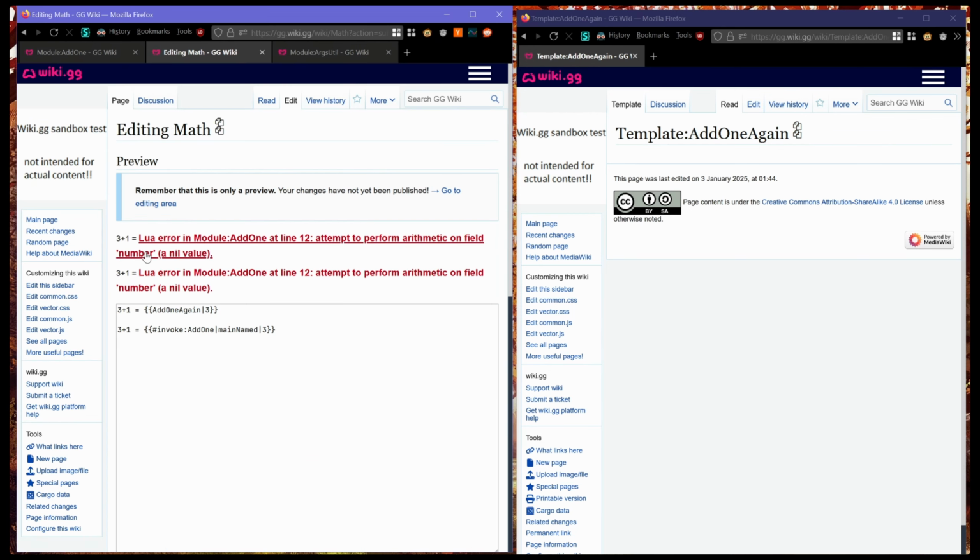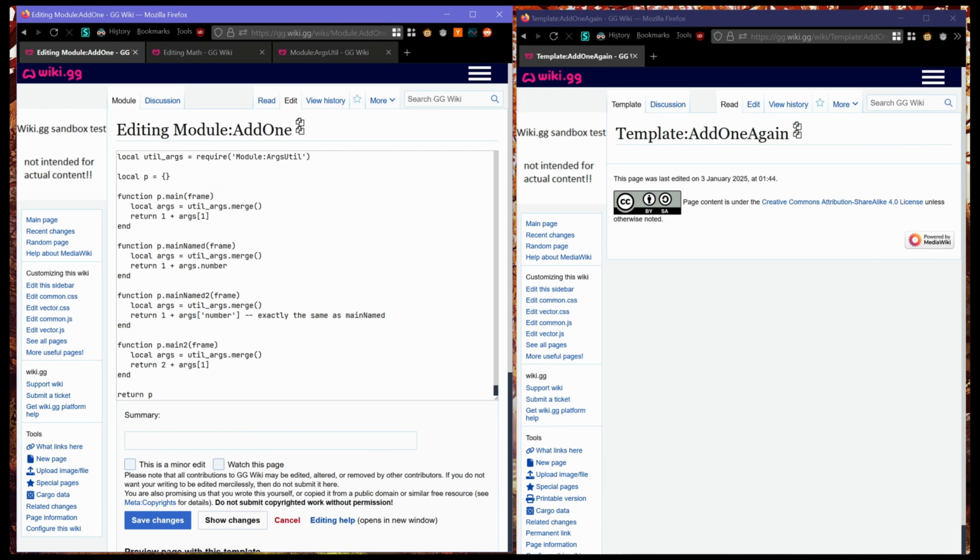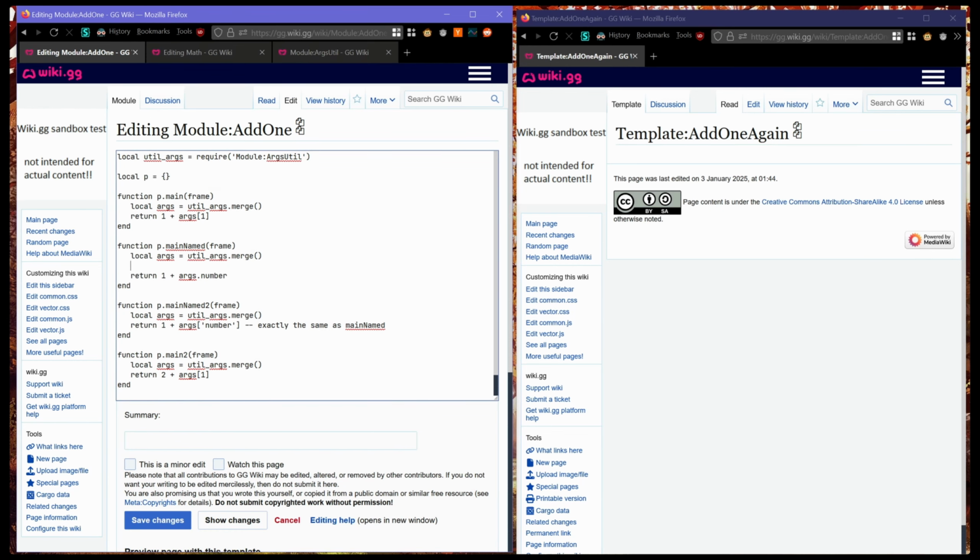So it's looking for a field called number, which, so first of all, this is an example of why you need error handling, because you just have an error here. So we're doing math on something before we check if it exists. And we didn't check if it exists yet, right? So what we could do is we could say